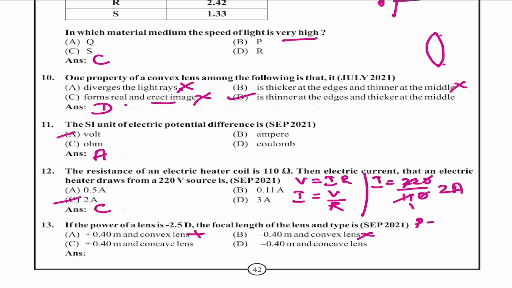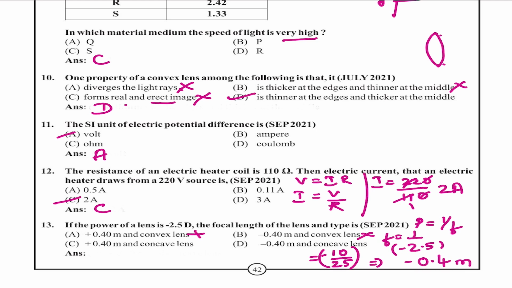D, because by seeing the question we can guess it is option D. We know the formula which relates focal length and power, that is P is equal to 1 by F. Since we need focal length, F is equal to 1 by P. What is the power given? It is minus 2.5. That is nothing but, shifting one decimal place, minus 10 by 25, which on dividing gives the value minus 0.4